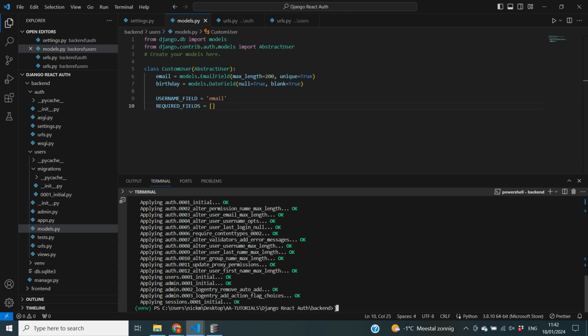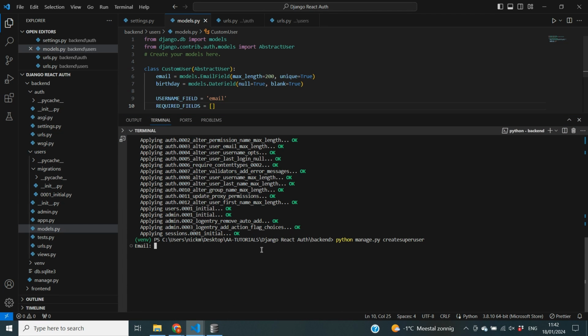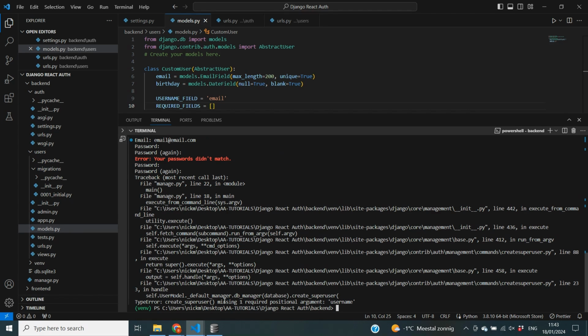However, if we create a user right now inside of our backend, so I would do python manage.py createsuperuser, it is going to ask me the same questions as before. So it's going to ask me for an email. It can be email@email.com, password, which can be just testing321, and my password again, testing321. But then we get an error that states that we're missing one required positional argument, which is username, because the default script that creates users and superusers always takes into account the username field, because